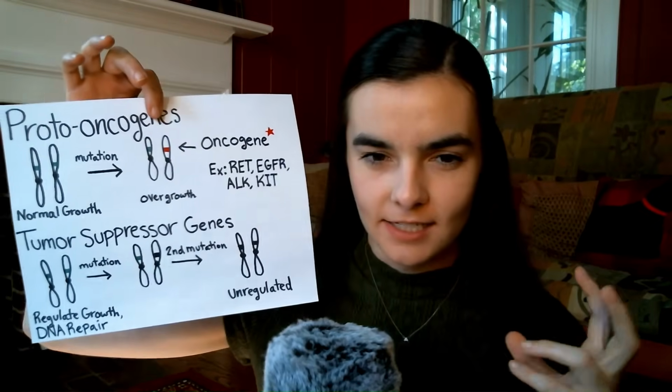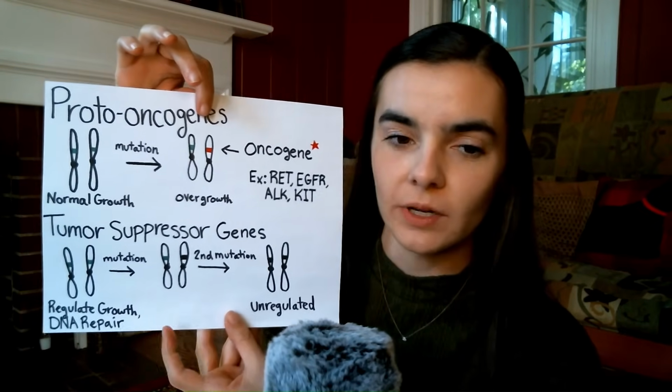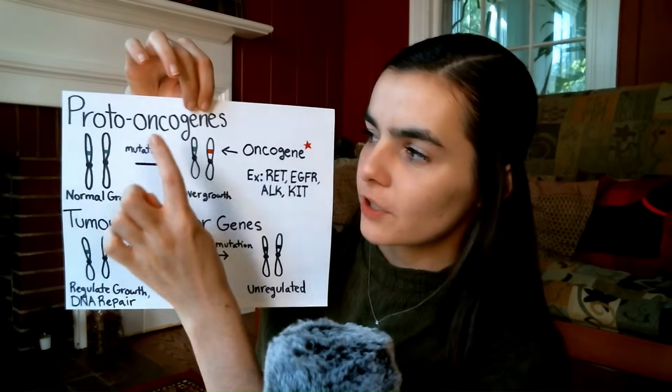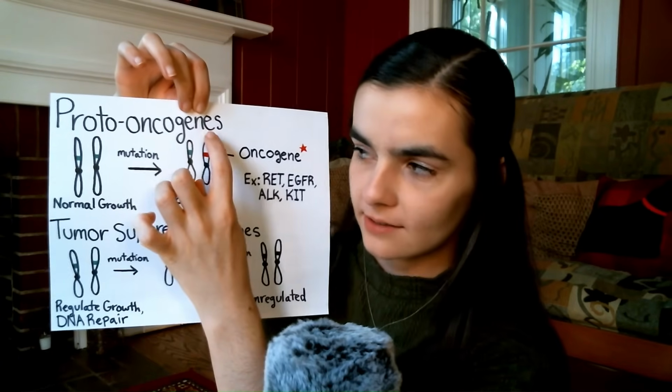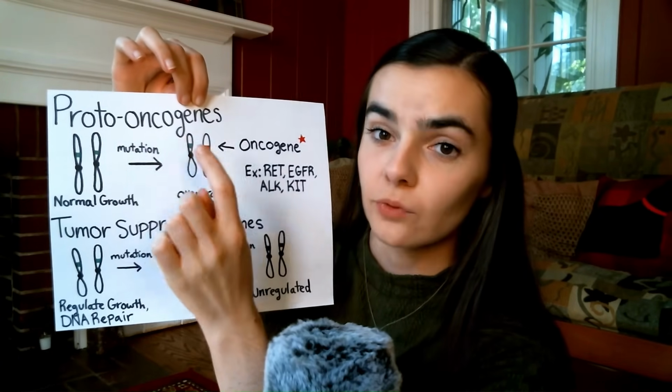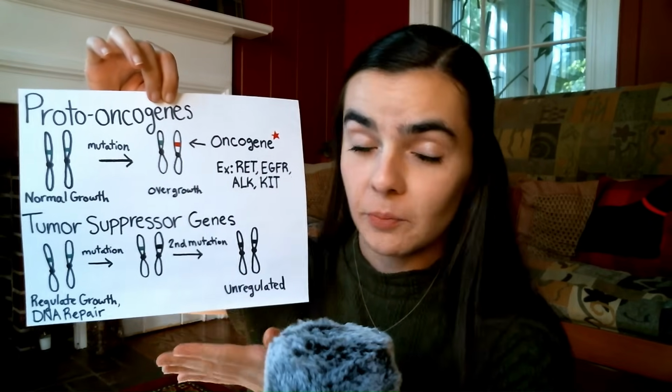And we're going to talk about some of the types of genes that are associated with cancer. Again, we're still talking about all cancer. These genes are implicated in all cancer, but we'll start talking about how this can be hereditary. There are two main classes of genes associated with cancer, and the first are called proto-oncogenes. We all have proto-oncogenes, and they're important for our cells